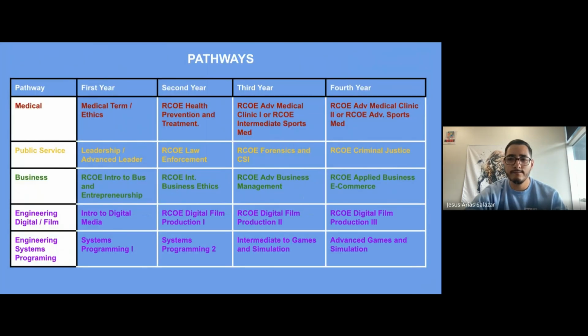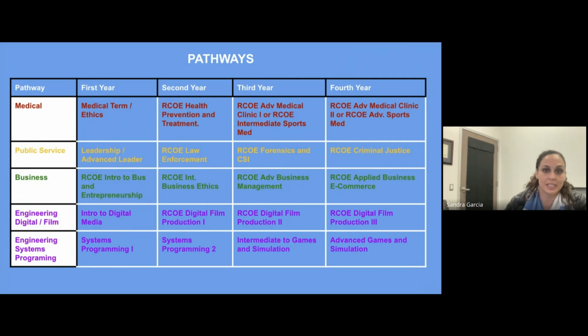So at Liberty High School, we are a CTE pathway school. So all of our students are required to be in a CTE pathway for all 4 years. We have 5 different options for them to choose from. And all of our pathways are articulated with a local community college, which means that they have the opportunity to earn college credits for their courses in the pathways. There's certain criteria. So basically, if they get a B or higher in the course and pass the final, they have the opportunity to earn college credits, which is a really great benefit of the pathway participation at Liberty High School.